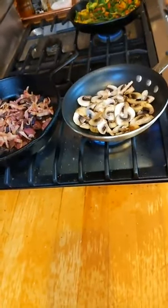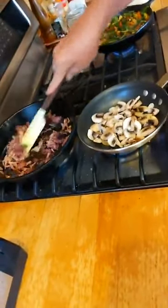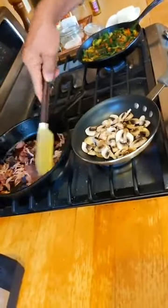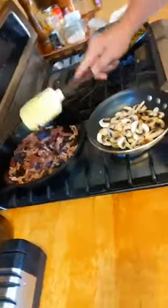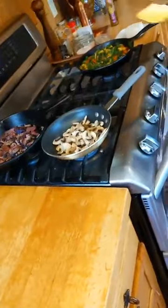One of the things people ask me is, when do I season? And I always say I season what I see needs seasoning. So since I just put raw mushrooms in a pan, put in a touch of salt. Potatoes already have a little seasoning on them. And we do have a bit of a three-ring circus going on today, but that's the way it goes. We want everything in here. So as soon as those mushrooms start to soften, I can throw them in with the rest and then resume with